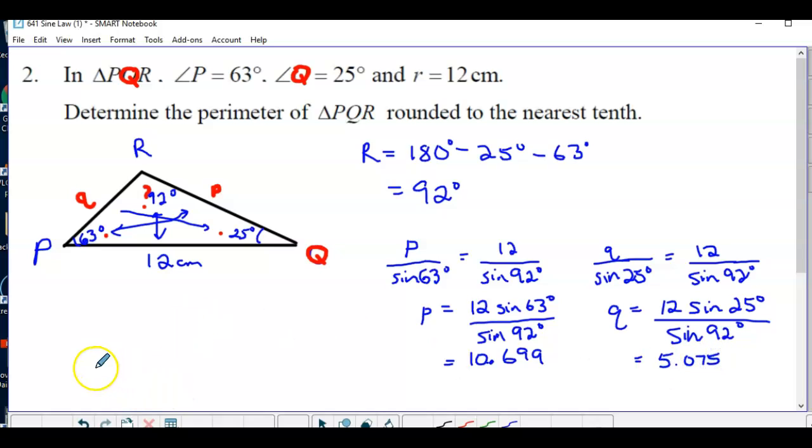Okay, and so the perimeter, I'm not going to use P because it's used as a vertex. Perimeter, sorry, I'm using my mouse, so my writing is not great, is going to be, don't forget the 12, plus 10.699 plus